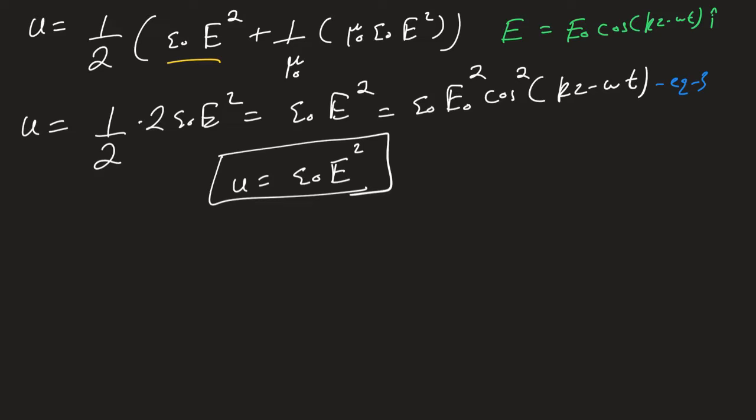So even though the magnitude of the B field is 1 over c times the magnitude of the electric field, the total contribution towards energy is the same. So E and B contribute equally in the energy. This is a really, really interesting and important